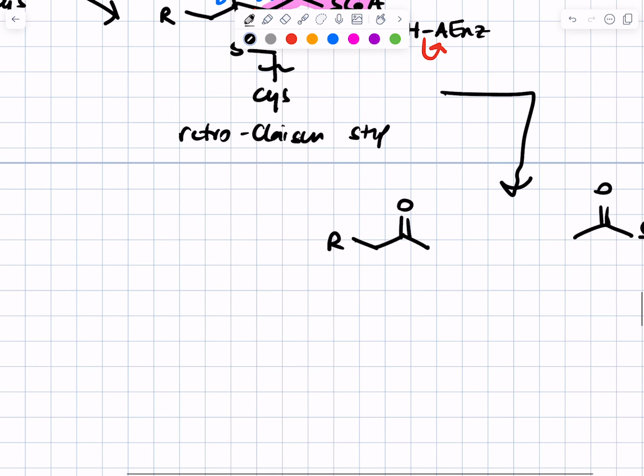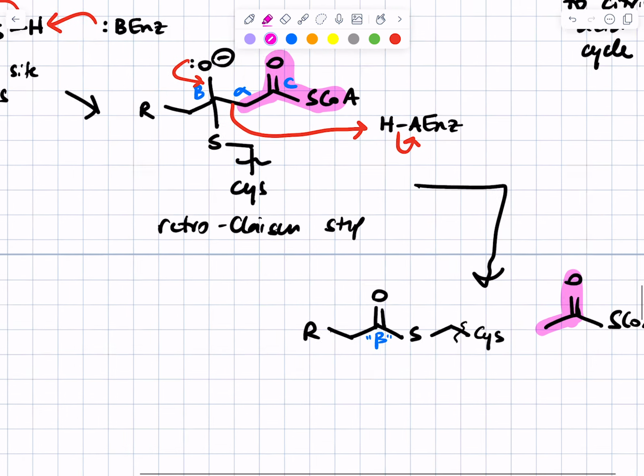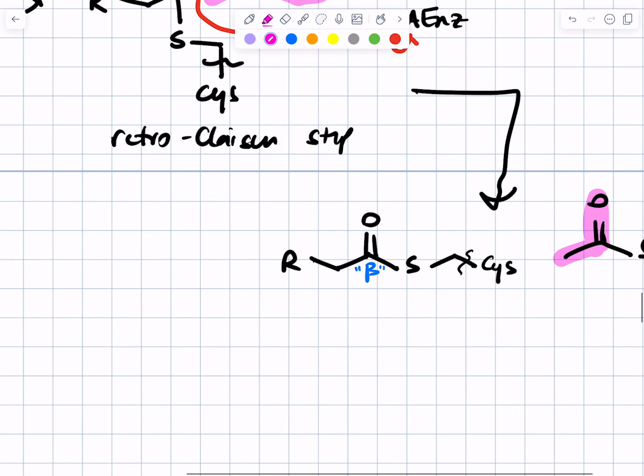Now you do have a truncated thioester, but it's linked. This is the old beta carbon. I'm going to put it in air quotes, to indicate that it's now the carbonyl carbon after the retro-Claisen reaction, but this fatty acid is now 2 carbons shorter. Where did the alpha and the carbonyl carbons go? They went off with acetyl-CoA. What's left now is